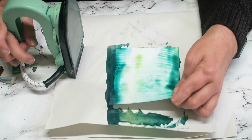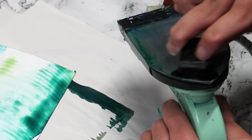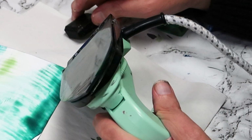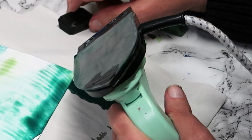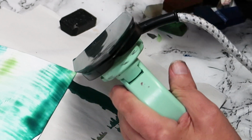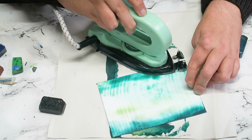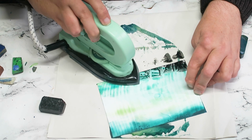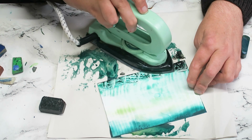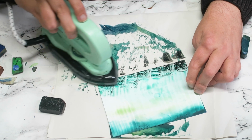Right, let's make this look like a cavey type place. And we're going to start adding some other colours now, just on the tip of the iron. I've got a bit of black, number 15, just on the top edge of the triangle, just a little bit, okay? And we're going to bounce up and down, round, down the side. A bit like when we create borders. It doesn't matter if some are out and some are in,